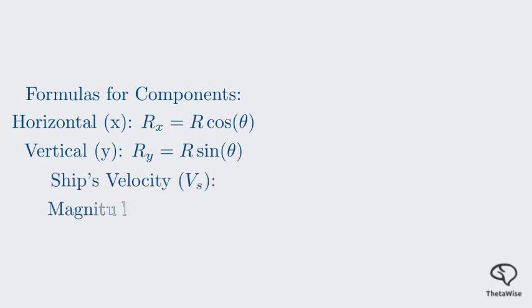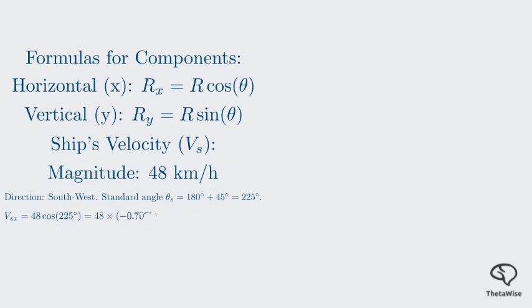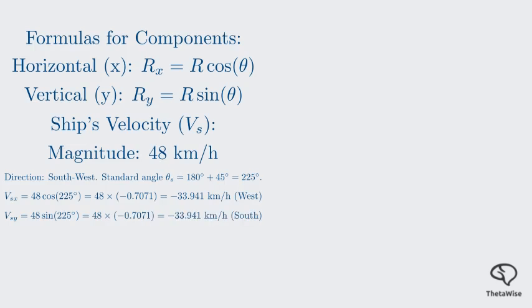Let's start with the ship. The ship's velocity, Vs, is 48 km/h. To use a standard angle measured from the positive x-axis, we take 180 degrees for west, plus 45 degrees for southwest, which gives us 225 degrees. Now for the components. The horizontal component is 48 times the cosine of 225 degrees, which is negative 33.941 km/h. The negative sign confirms it points to the west. The vertical component is 48 times the sine of 225 degrees, which is also negative 33.941 km/h, confirming it points